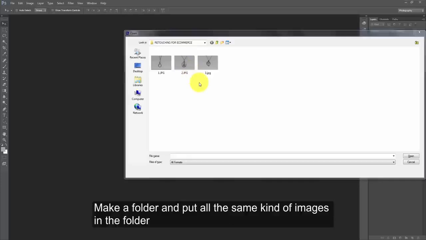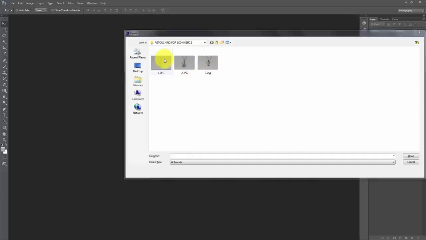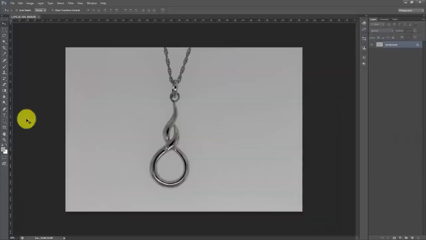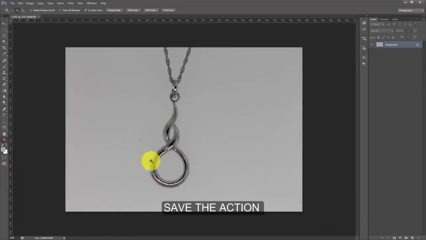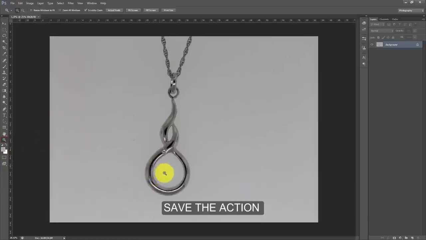First, make a folder and put all the same kind of images in it, like this silver or white metal jewelry. Then open this image. Now you can see this image. Now step 1 is that we should record